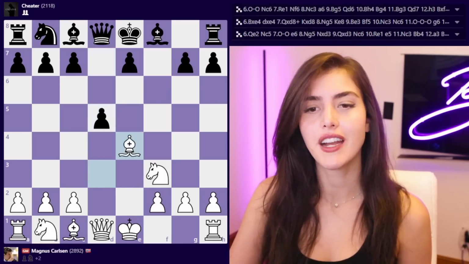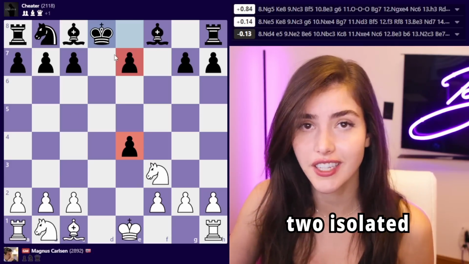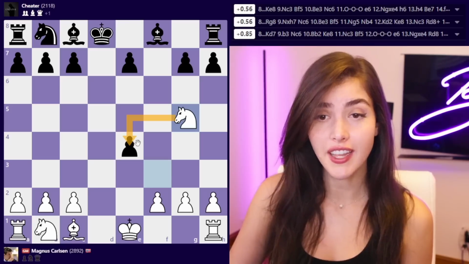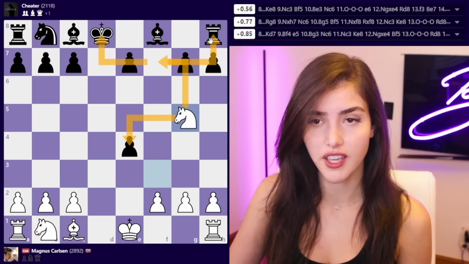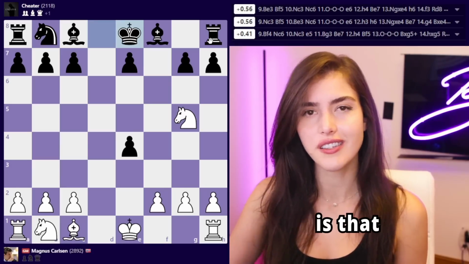d5, and here Magnus instantly trades off pieces. Even though he's down a pawn, his opponent has two isolated doubled pawns. Magnus is going to win the pawn back on e4. He plays knight g5, attacking the pawn on e4, but also looking towards f7 to fork the king and the rook. So black has to defend on f7, and what Magnus did very well here is that he was in